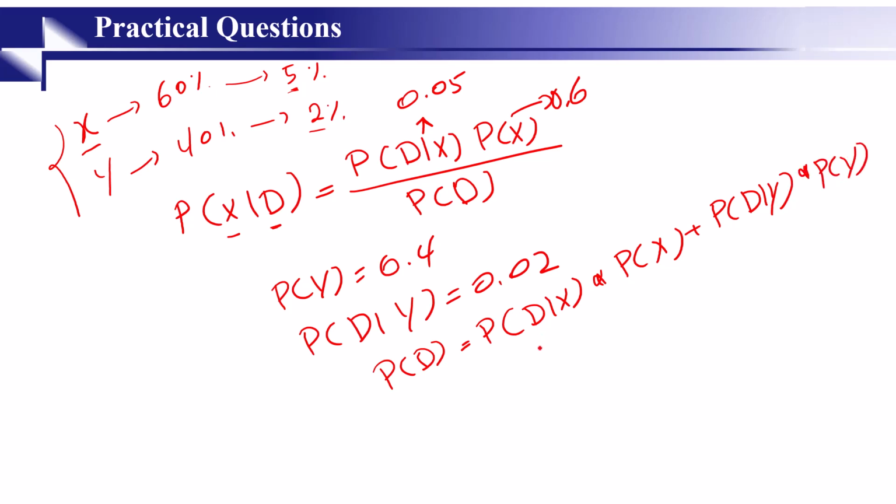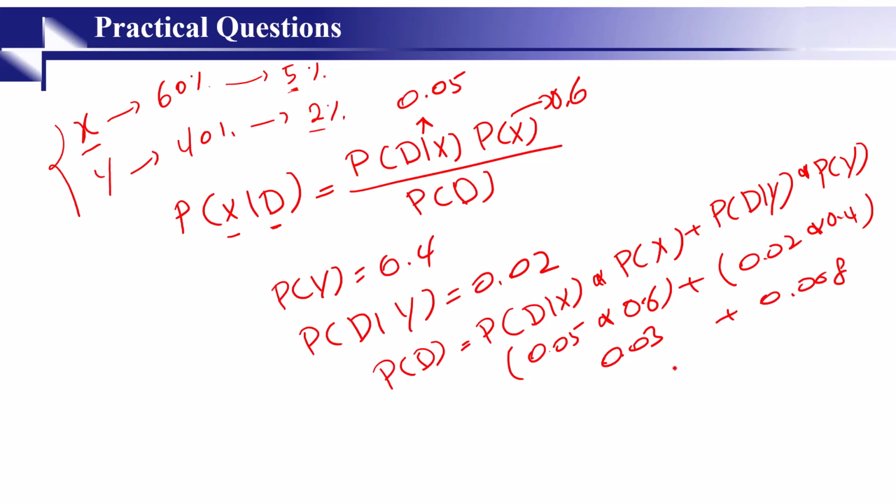So here it will be 0.05 multiply 0.6 plus 0.02 multiply 0.4. This one will be 0.03 plus 0.008, which gives us